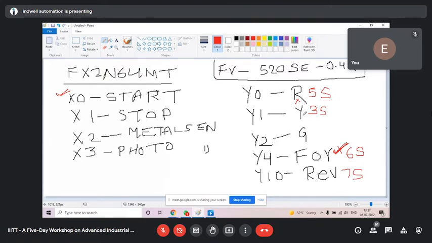Forward direction should get on for 6 seconds. After 6 seconds, forward off, and reverse should get on for 7 seconds.